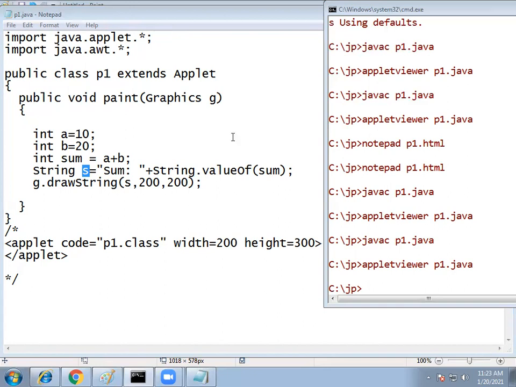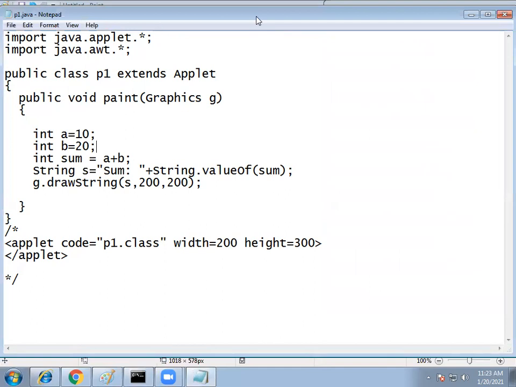Okay, please note down the code. We will see another example.